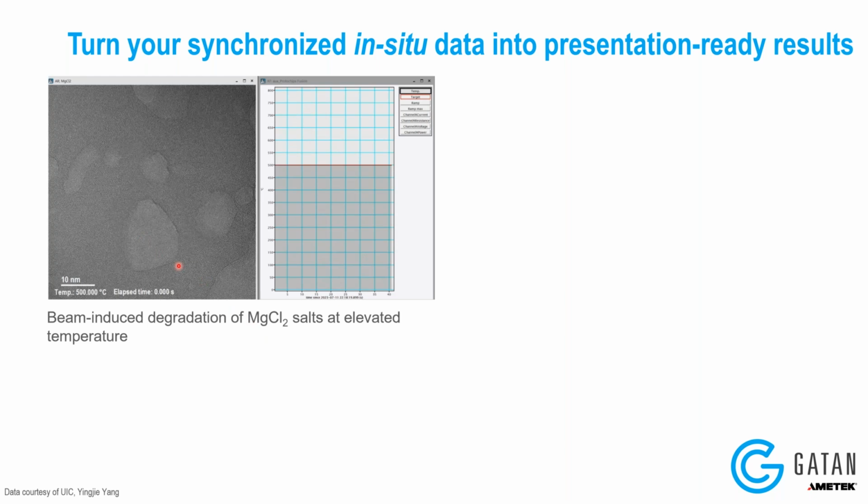And so what we'll see here is that there's these little bubbles here that are being formed in the data, and we can see that the sample is drifting from the top right to the bottom left. And what you see here is this plot is the associated metadata that came from the in-situ holder that is linked together with your video data here. So it's a way of correlating the holder temperature data with your video data automatically within DigitalMicrograph and playing it